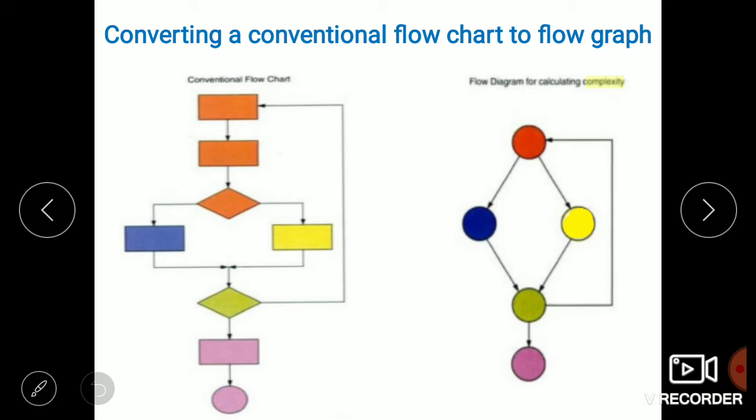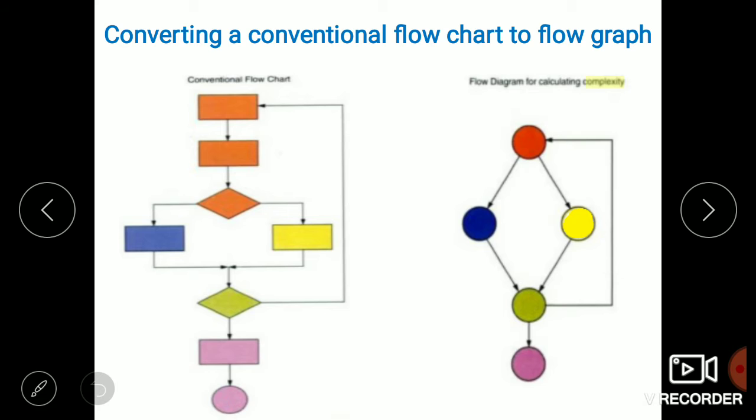It is going to give rise to another two nodes, blue and yellow. These are also statements, and after that we check one more condition, which we represent in green color. Next again one statement, in pink color, and the last one is the end node.